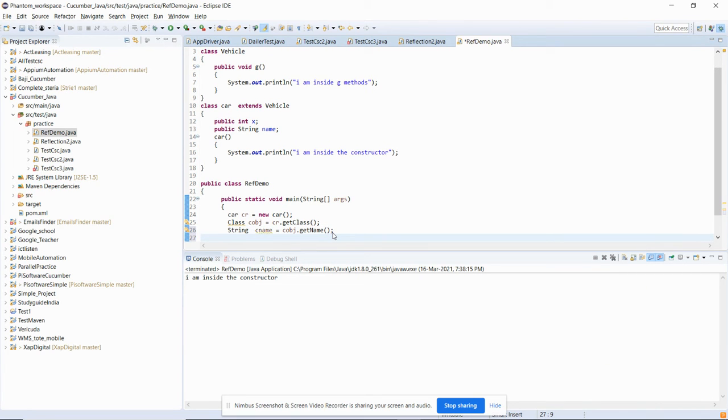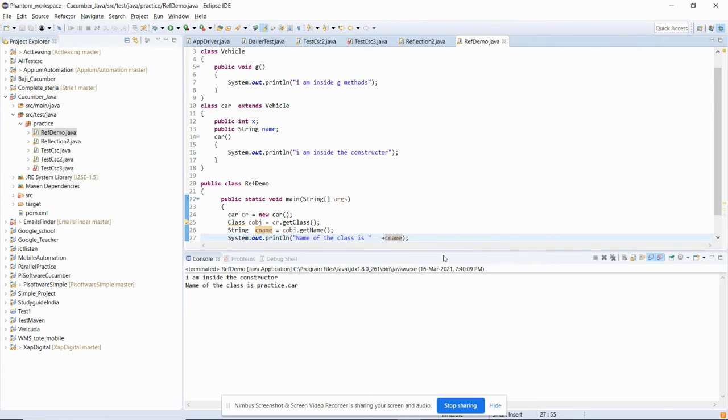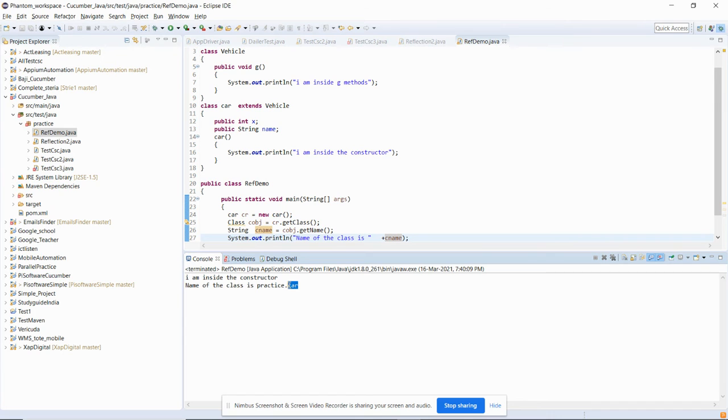Now I will print this one, so you will get to know the name of our class. Let me write here, name of the class is. You can see that we are getting the name of the class. Practice is my package name, dot Car is the class name.